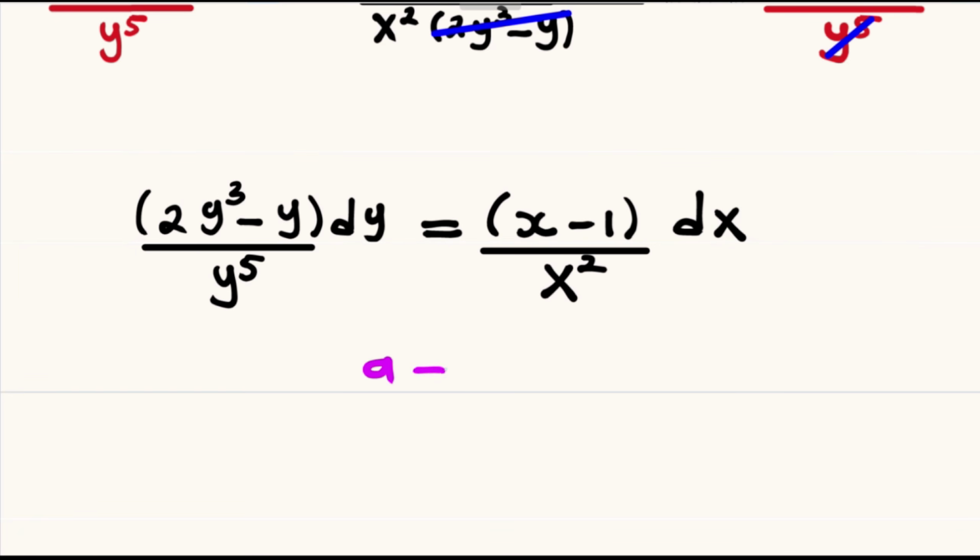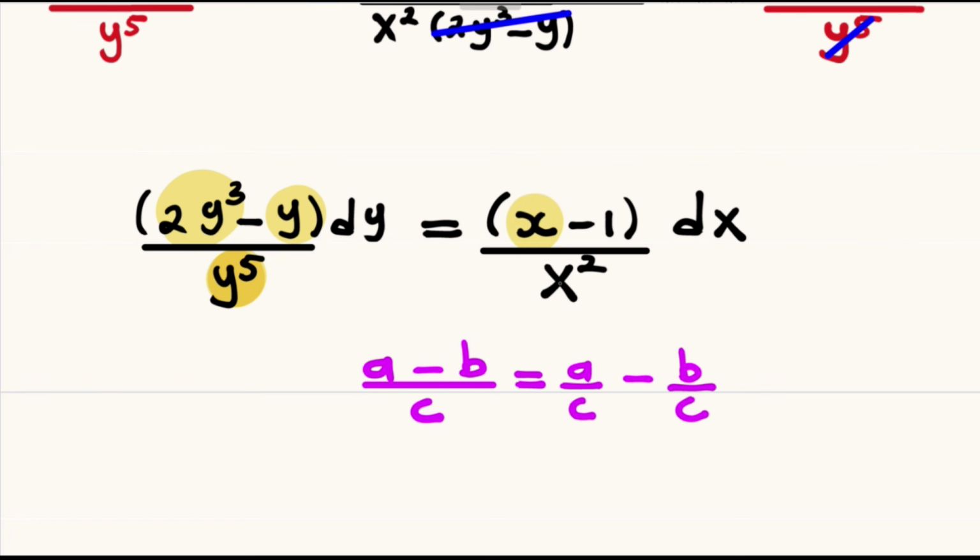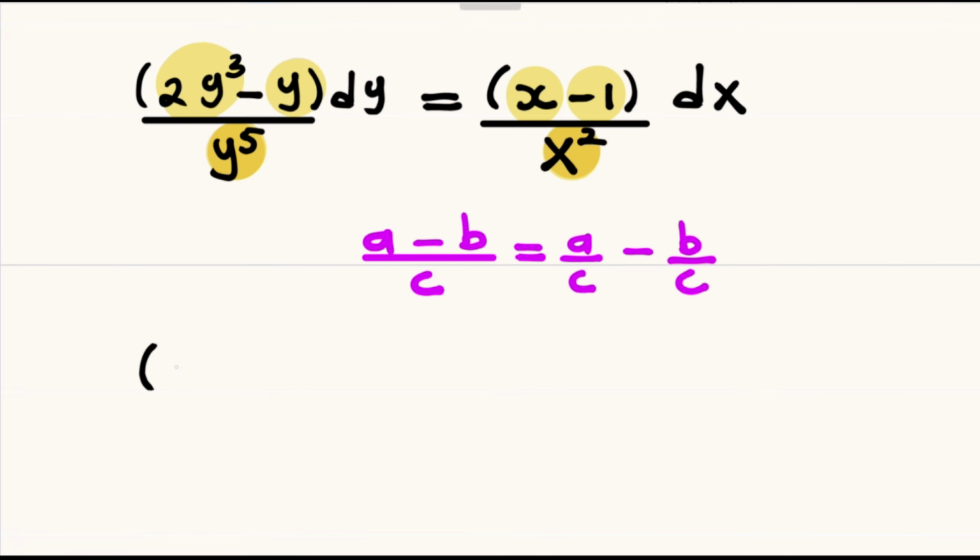Suppose that we had a minus b divided by c. This will be equal to a divided by c minus b divided by c. So that 2y cubed will be divided by y to the power 5. That y will also be divided by y to the power 5. The x will be divided by the x squared. The negative 1 will be divided by the x squared. So we have 2y cubed divided by y to the power 5 minus y divided by y to the power 5